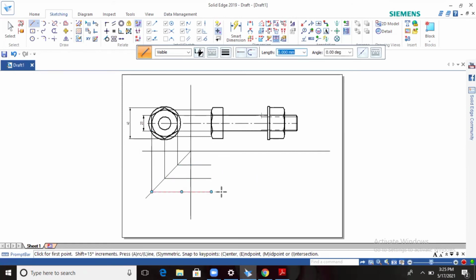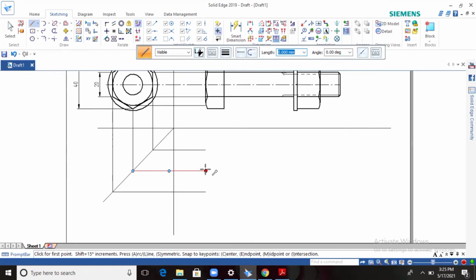Okay, so here I will take the dimension from here up to here. Why I'm taking it like this is that you can draw using the rectangle by center point, from the center point to the width. Rectangle by center point.